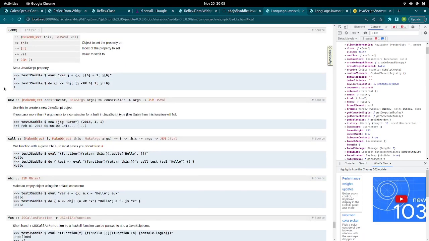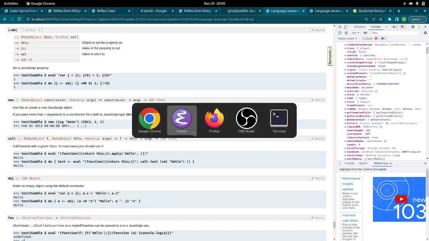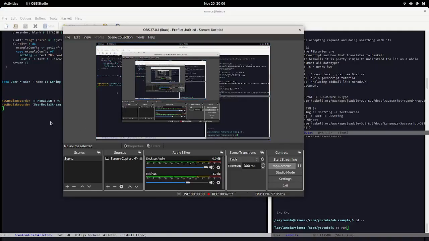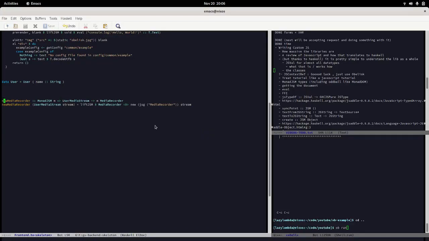And then also, given that we are working with an object-oriented context, we have functions like obj, and then we have new, so we can make a new object. And I'm going to pause this video because I actually have a great example of that. Yeah, so this is an example of where I used new, and